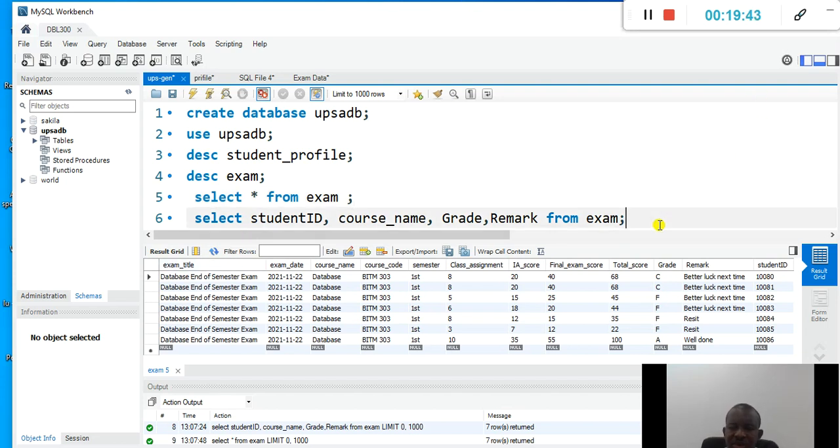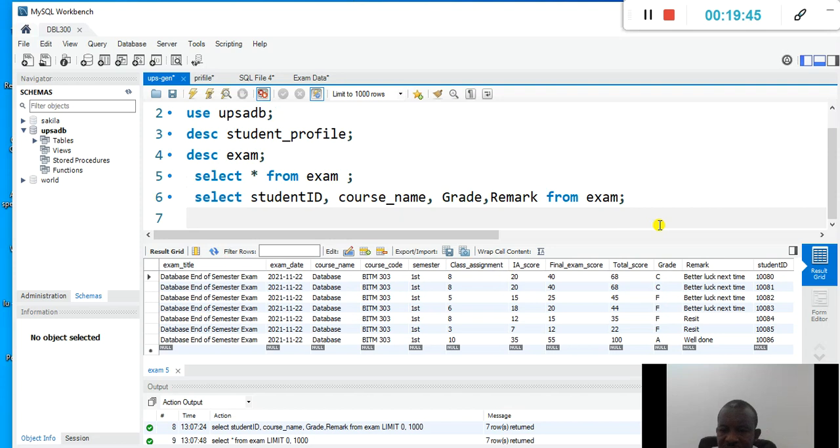Let's generate a list of all students who scored F. Yeah, there are a number of ways to do it. So let's start with select